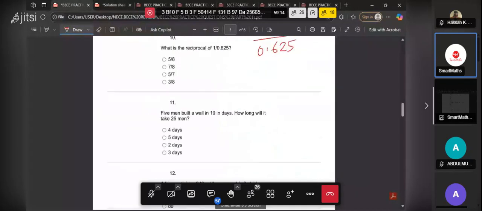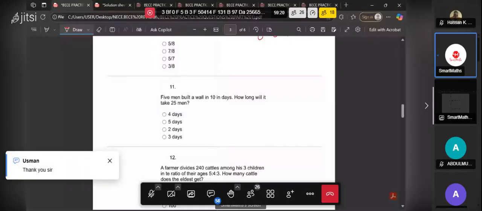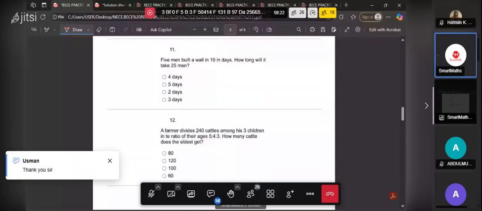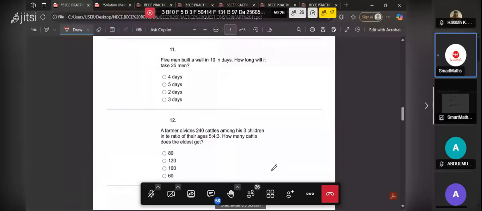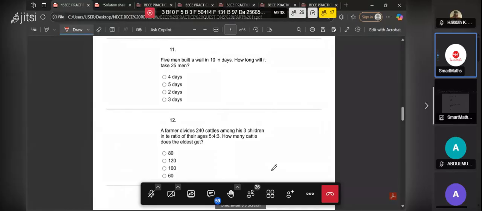Question 11. You have done this. Okay. Question 11. 5 men built a wall in 10 days. This is what I was explaining before. How long will it take 25 men? So we need to calculate how many days will it take 1 man. Since 5 men use 10 days, so that means 1 man will use 5